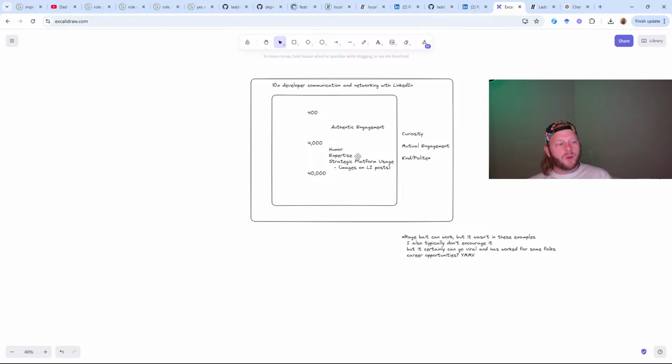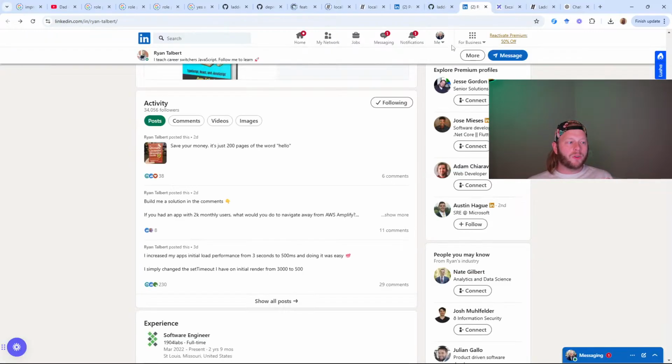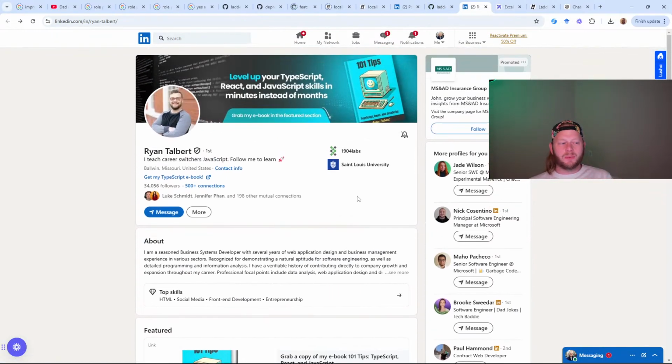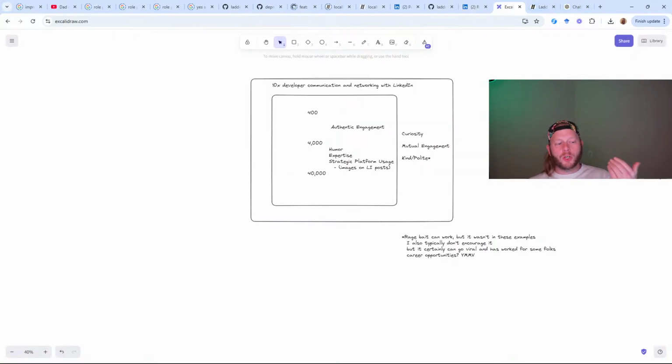And then if you do want to grow to where I'm at, you're going to need consistency. And then if you want to grow to where Ryan's at, again, not a deep dive, but some of the quick elements are expertise, humor, and strategic usage of elements particular to the platform. So what works on LinkedIn will not work on Twitter as well, and it will not work on TikTok as well. So the guidelines for a short form video on TikTok are going to be different than YouTube and so on. And I'll basically end the stream there,